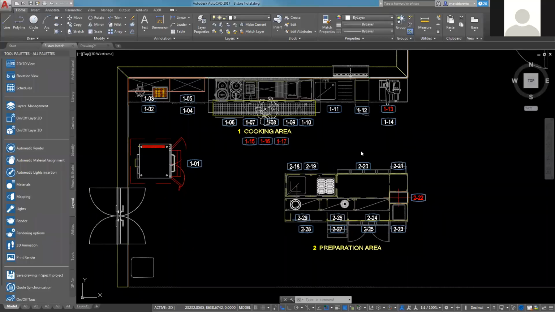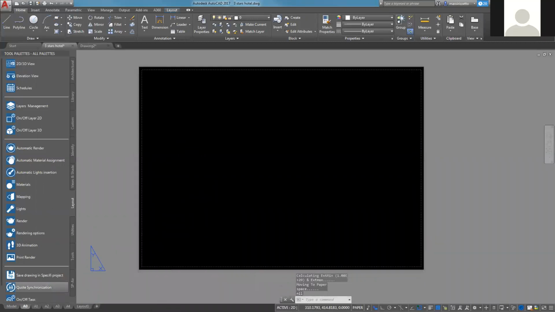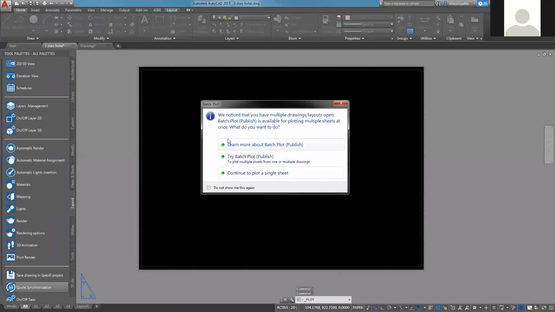Specifi layout tool palette permits us to create the layout with multiple viewports and schedule inside our drawing. Before running the commands, we need to move into the paper space and we can choose, for example, A0 if we have an A0 printer. We just need to click on A0 sheet, and the first thing is to run plot command